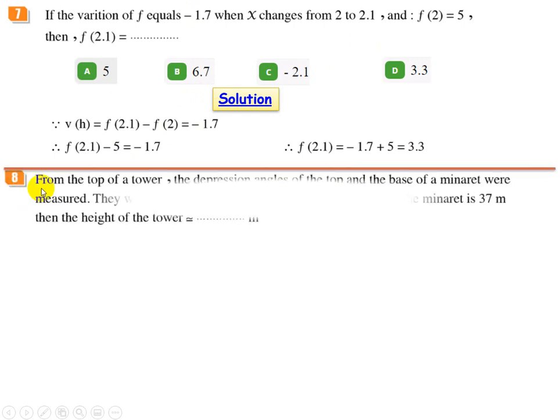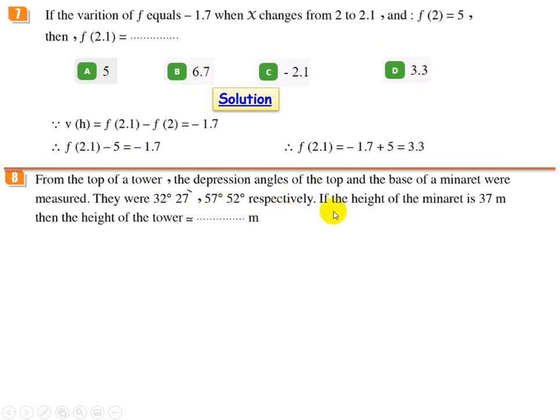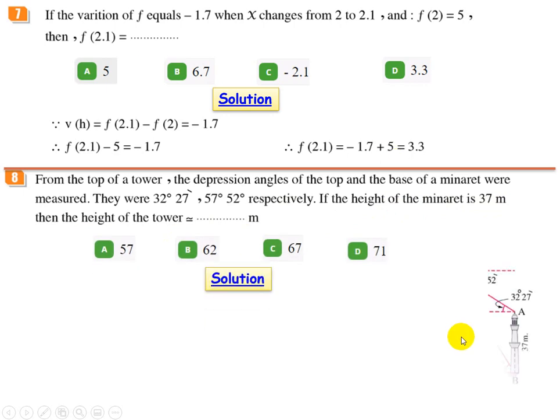Number 8. From the top of a tower, the depression angles of the top and the base of a minaret were measured. They were 32.27 and 57.32 respectively. If the height of the minaret is 37 meters, then the height of the tower approximately equals. After drawing the figure, you will find it as in front of you, completing all the remaining angles,